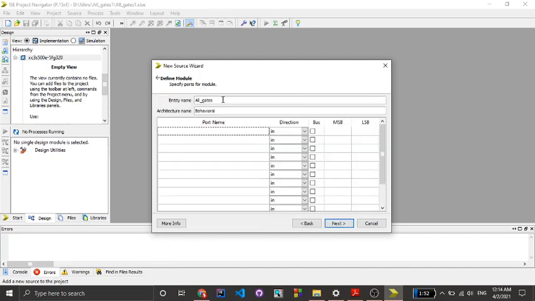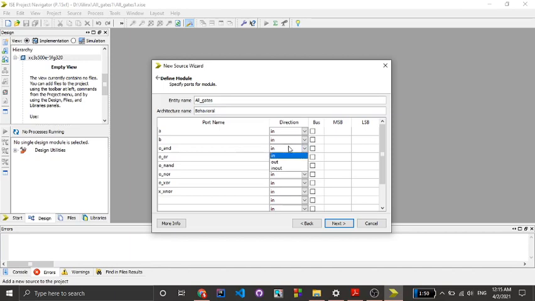On this next button, A, B, output for AND gate, output for OR gate, output for NAND gate, output for NOR gate, output for XOR gate, output for XNOR gate.